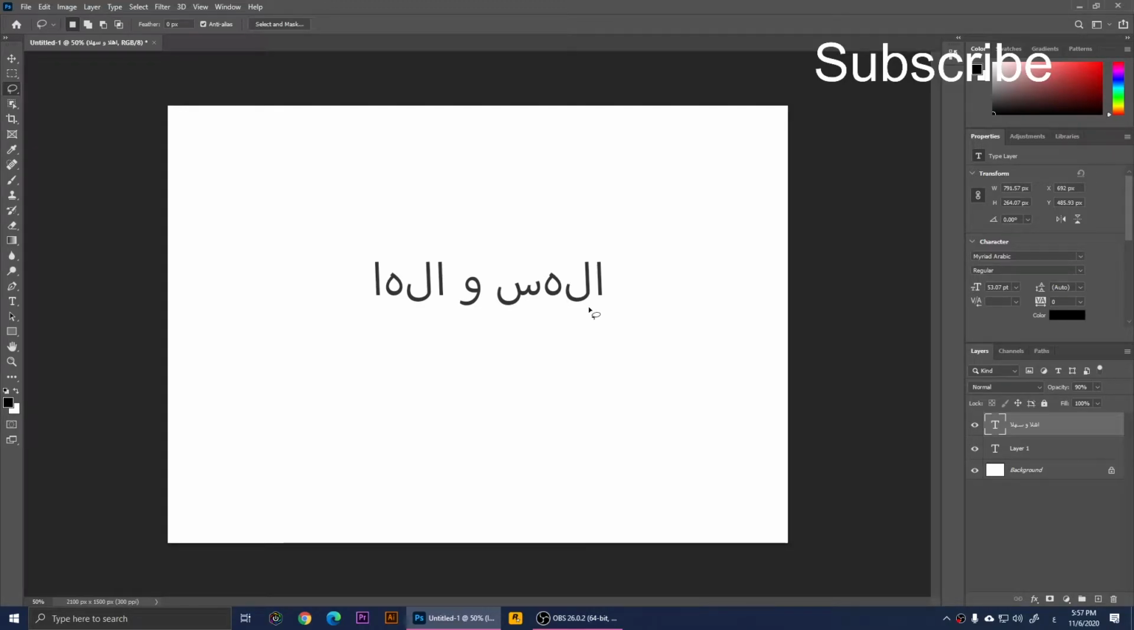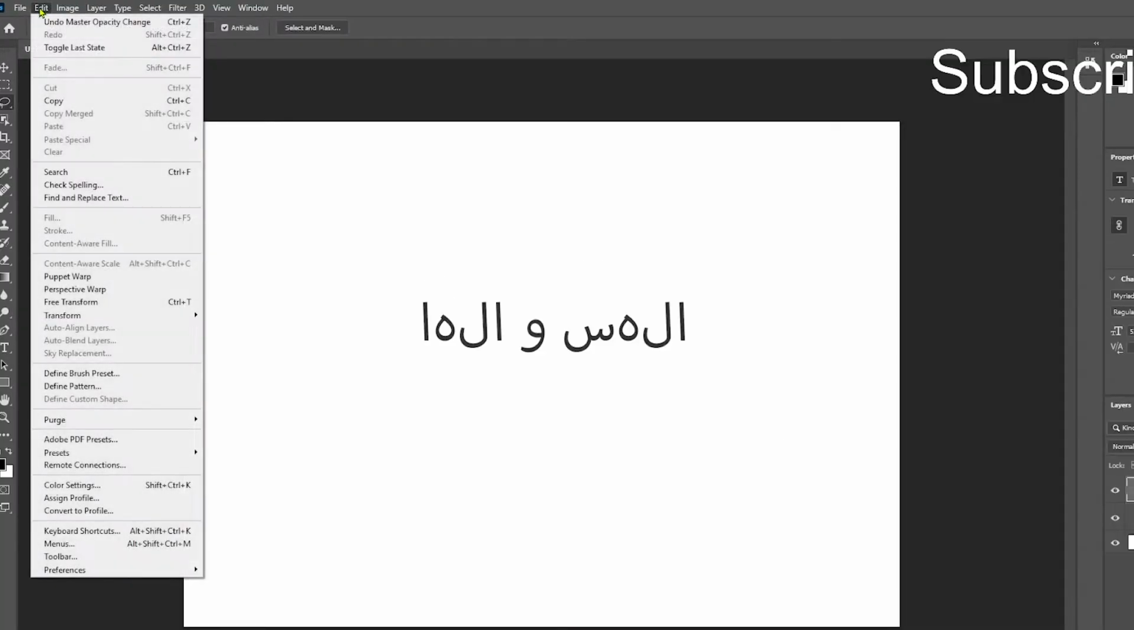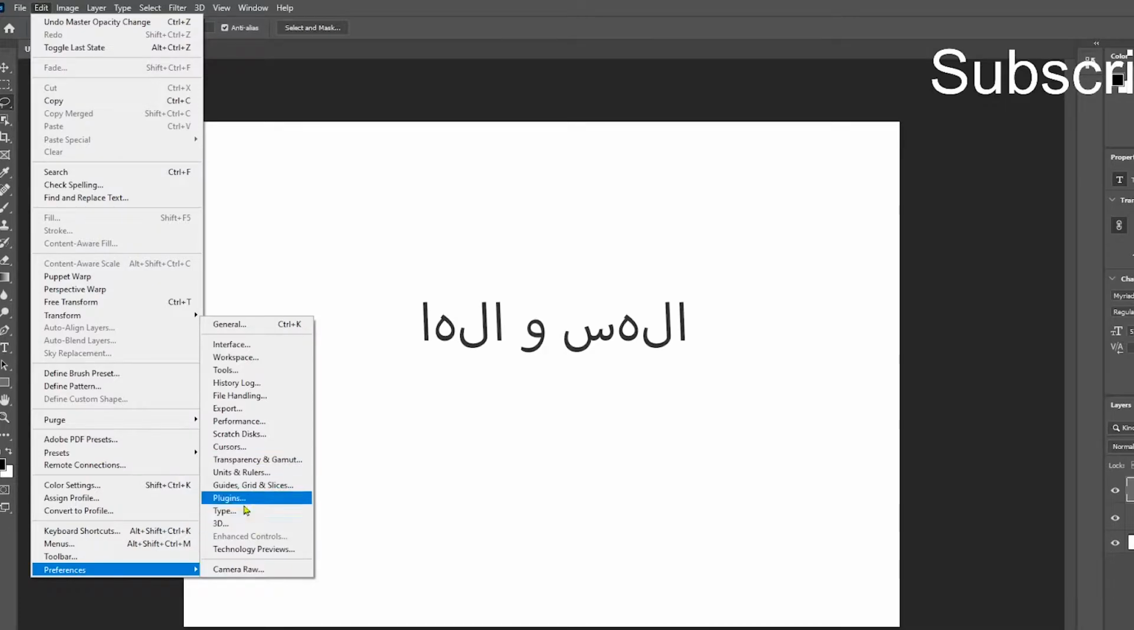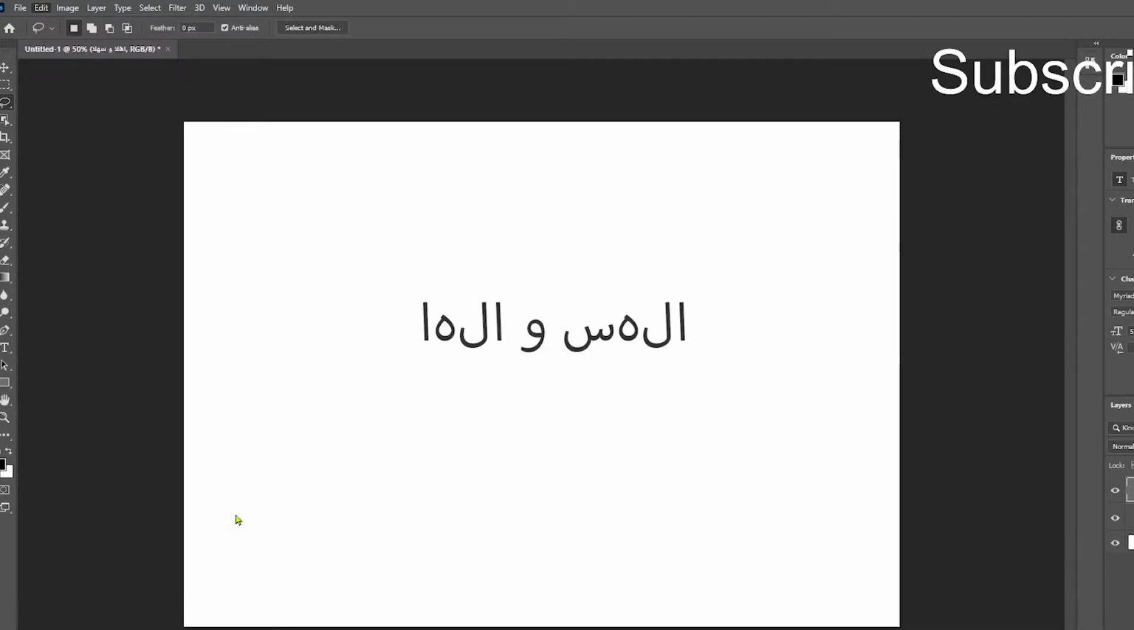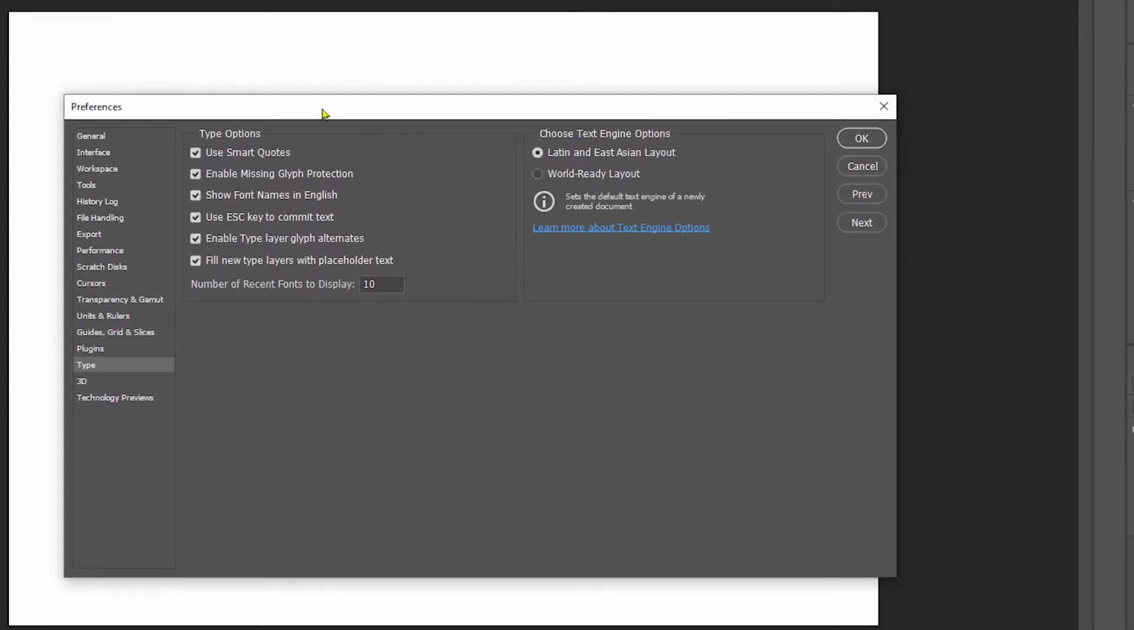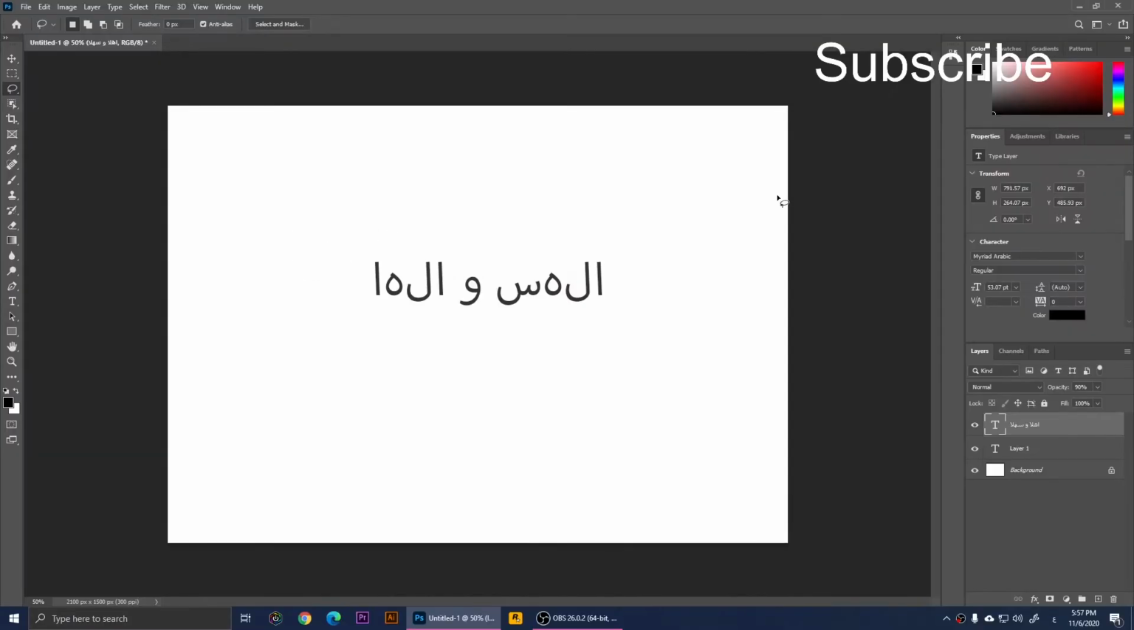So now I'm going to show you how to fix this problem in Adobe Photoshop when you type in Arabic. For example, right now, as you notice, these are the Arabic letters and they are separated, so this is incorrect. To fix this, you'll need to click on Edit, then go to Preferences, then go to Type, click on it, and from here you should click on World Ready Layout. Alright, then click on OK and make sure that you close Photoshop